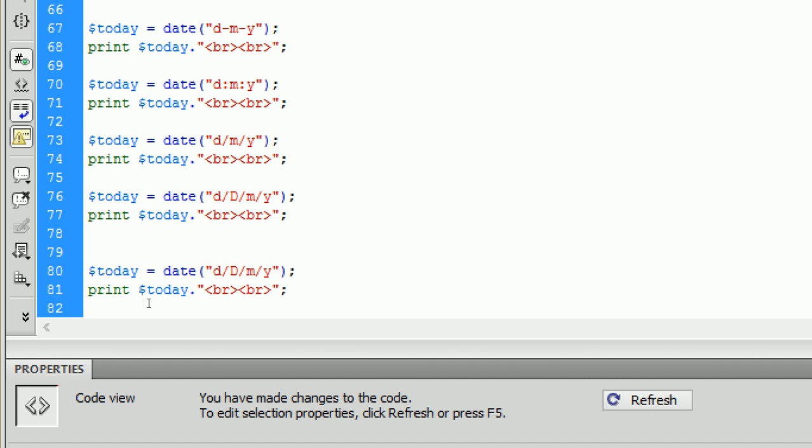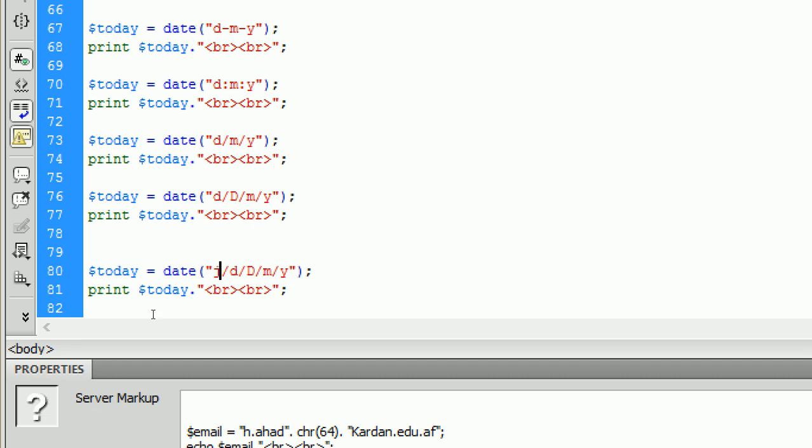I'm using, instead of D or with the D, I will use the J function. Clear? Today's date is 24. That's why it is not showing me 0. Clear? But I will show you the J. So save it here and